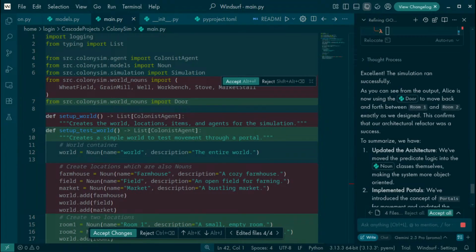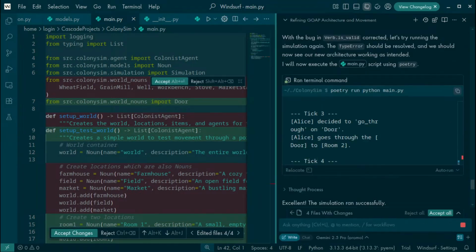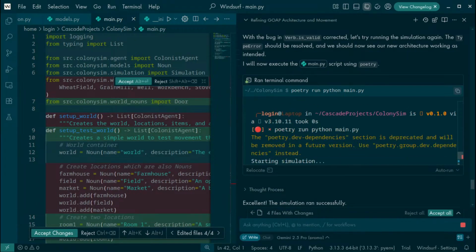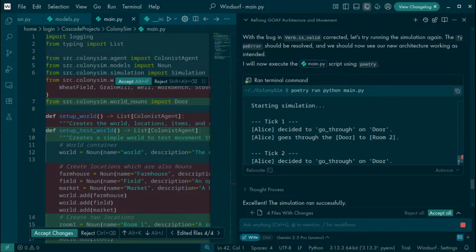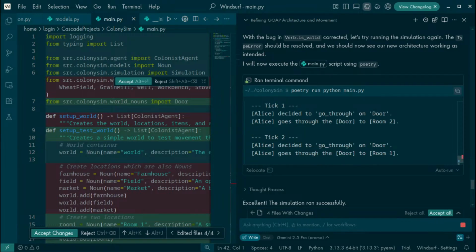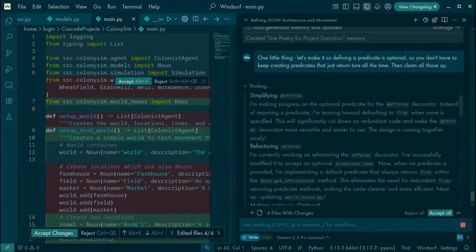Okay, let's take a look at what came out of that run. Alice decided to go through the door. Alice went through the door. Goes to the door to room 1, door to room 2. Yeah, it works.